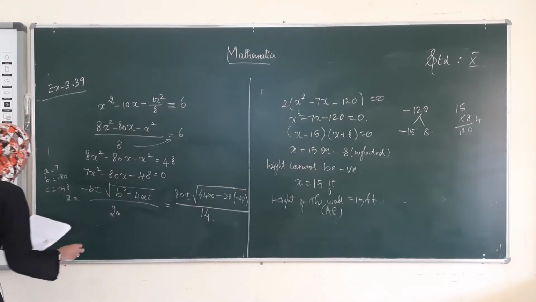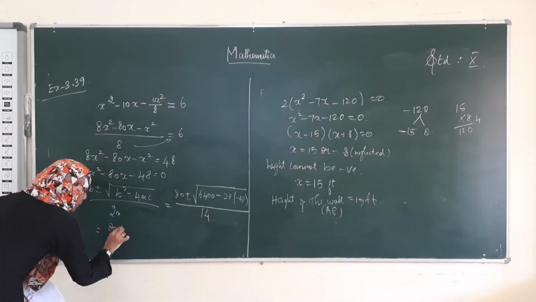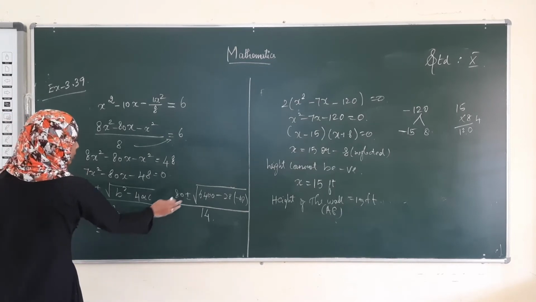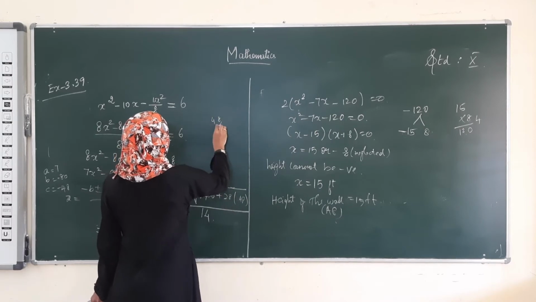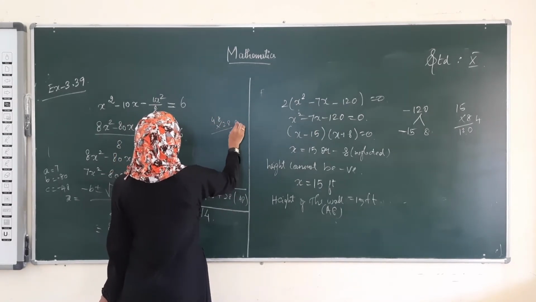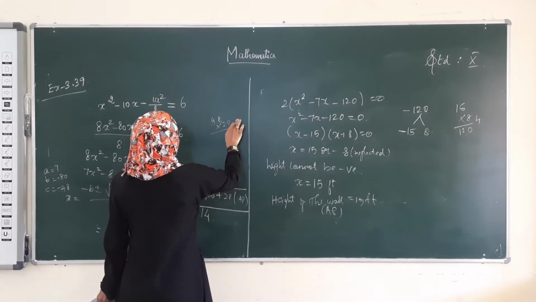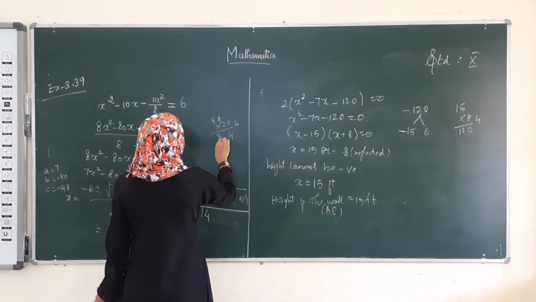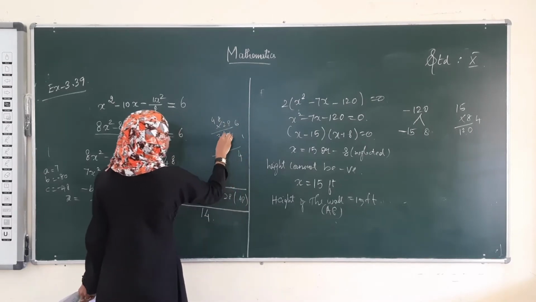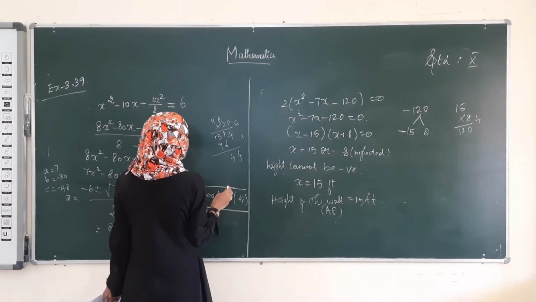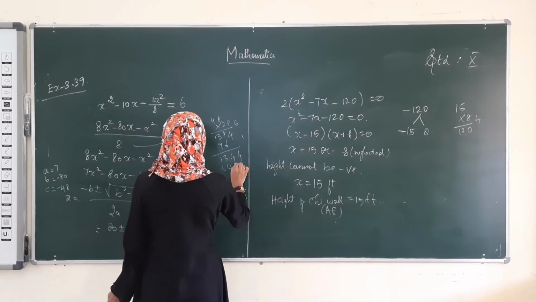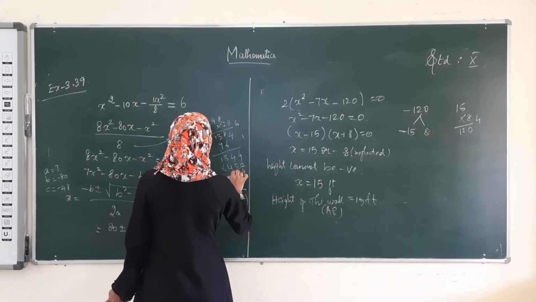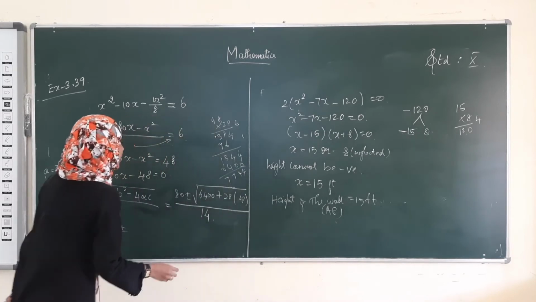Shall we solve this? 80 plus or minus root of, see here, minus into minus becomes plus, 48 into 28. 8 8s are 64, balance 6. 8 4s are 32, 32 plus 6 is 38. 8 2s are 16, balance 1. 4 2s are 8, 9. 4 8. Balance 1. 9, 10, 13. 1344 plus 6400.